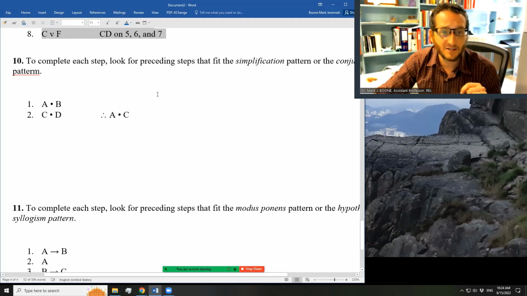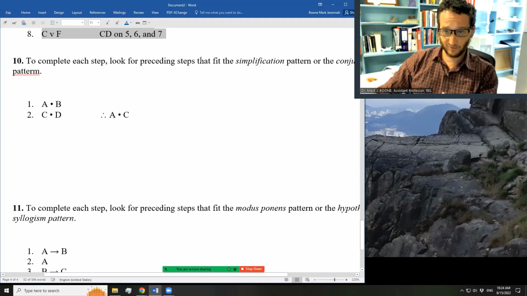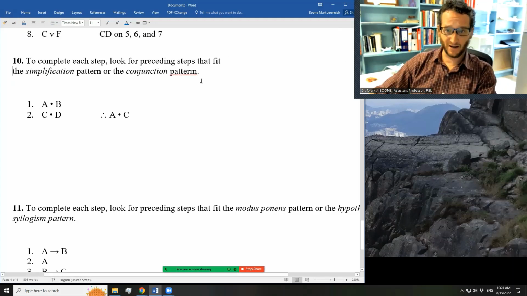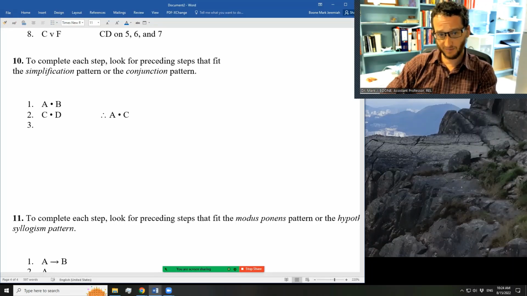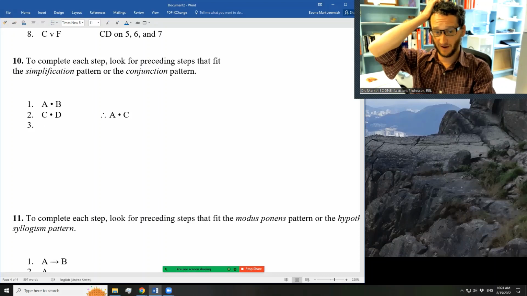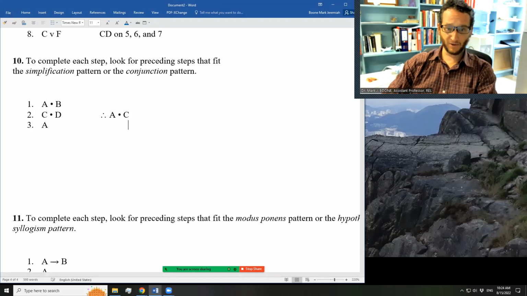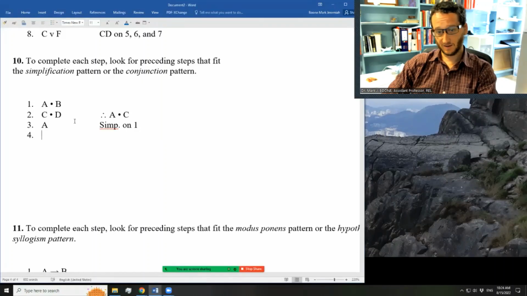in 6 minutes. To complete this proof, look for steps that fit the simplification pattern or the conjunction pattern. All right, I don't know what I'm doing yet, but I think this is going to be pretty simple. I think I'm going to simplify A and C out of each premise in which they appear and then combine them. So I think applying simplification to line 1 and then simplification to line 2